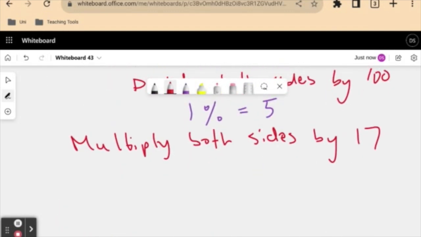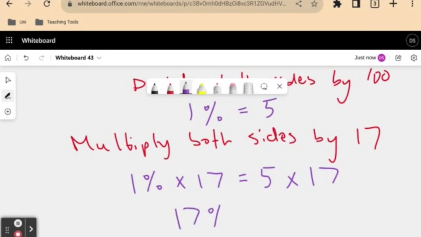So on my left-hand side, I'm going to get 1% times 17. And on my right-hand side, I'm going to get 5 times 17. So I end up with the statement that 17% equals 5 lots of 17, 5 times 17, which is